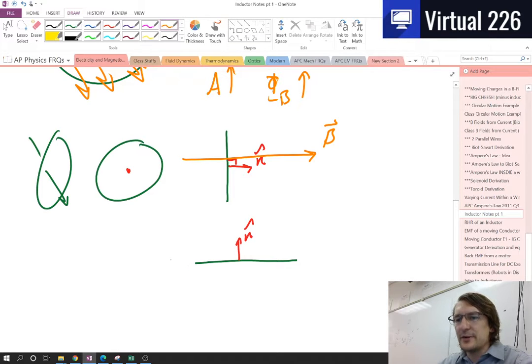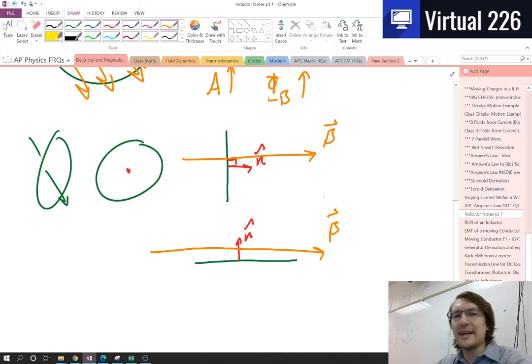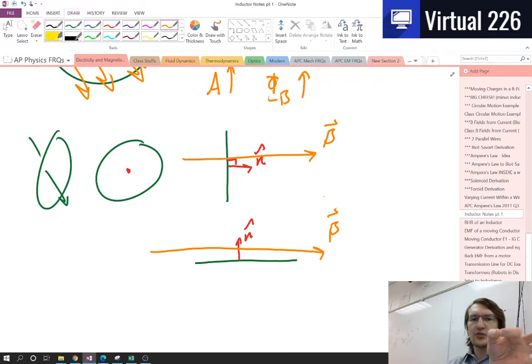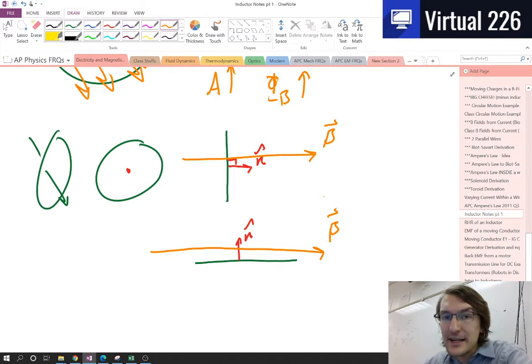Well, now if our B field is still going to the right, we're not getting any of the B field to go through that circle anymore. Our circle's flat and our B field is just going right over the top. So here, when our normal is parallel to the B field, we have a large amount of flux. But when our normal is perpendicular to the B field, and that designates the direction of the circle, then we